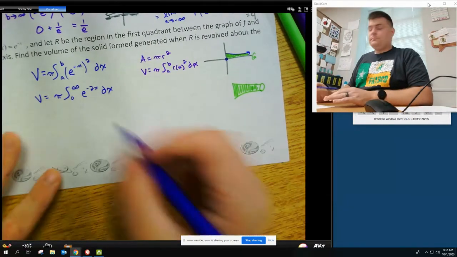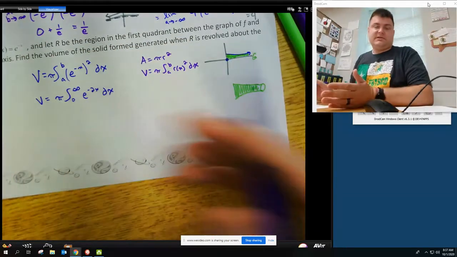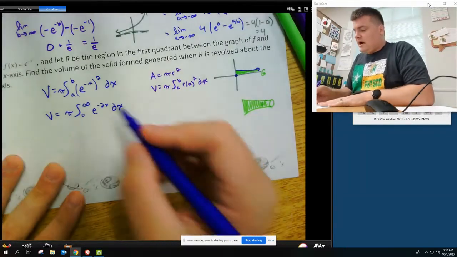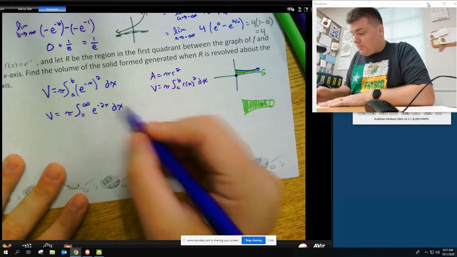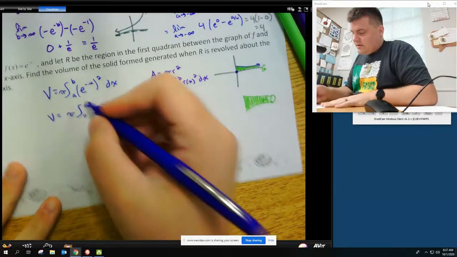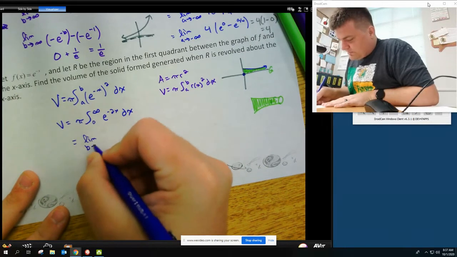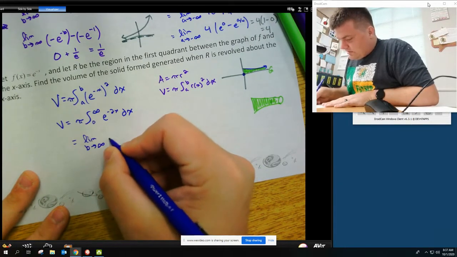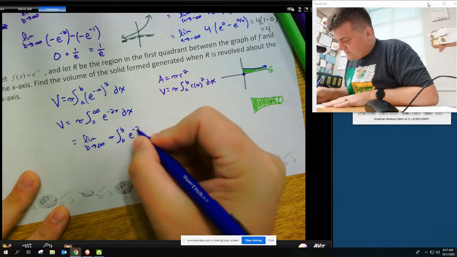So don't worry, we won't have any of these problems in this unit. I just want to kind of show you what the volume stuff looks like, give you a little bit of a head start on that. So what I really care about is we should be able to do our problem from here. And once we are here, we're just going to replace that infinity with a b value. So the limit as b goes to infinity of pi integral from 0 to b of e to the negative 2x